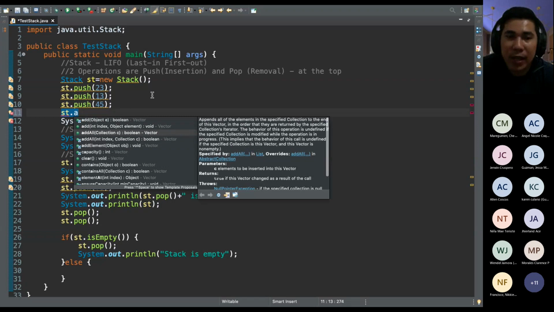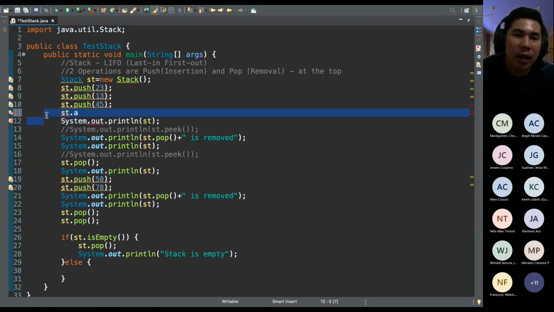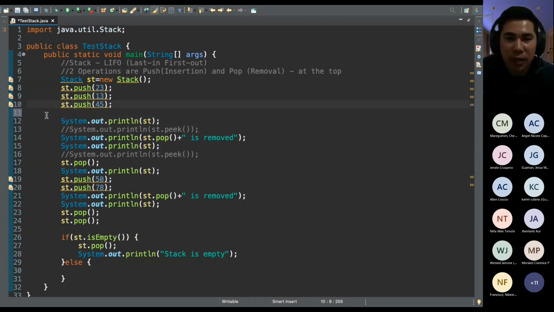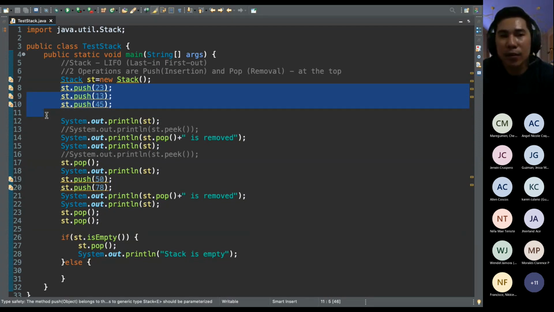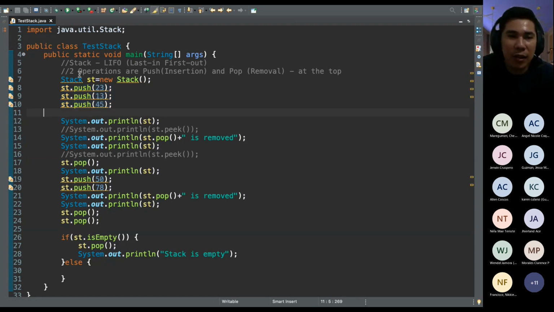Yeah, pwede siya na way, no? But ang pinaka nimo na way is kaning push. Pwede na nimo siya pangitaag pamaagi. So good question, no? Pwede na siya pangitaag paagi through collections. Okay? Sige. So now, why I'm telling you this one na nag-discuss ta about stack, as an algorithm, as